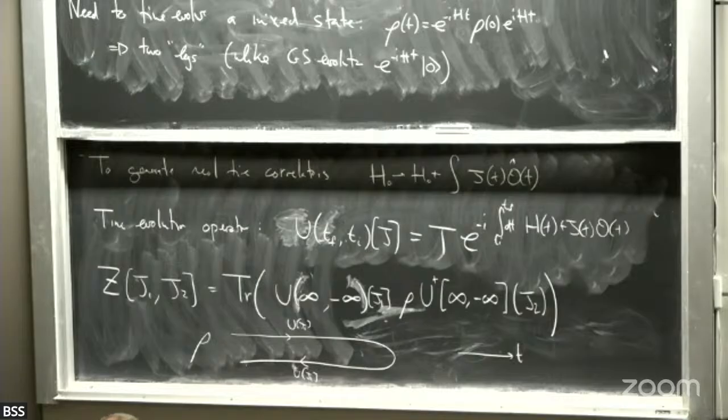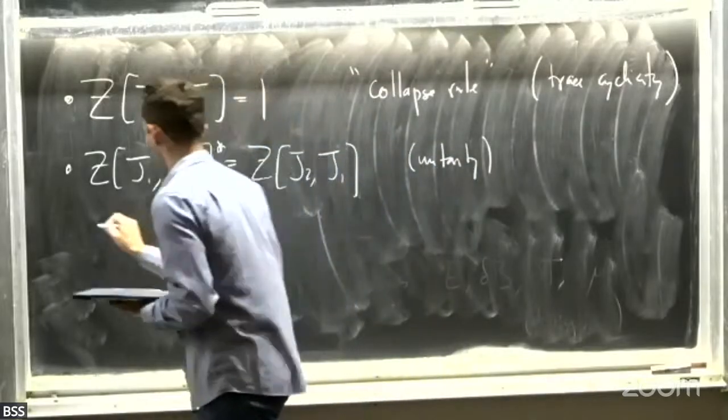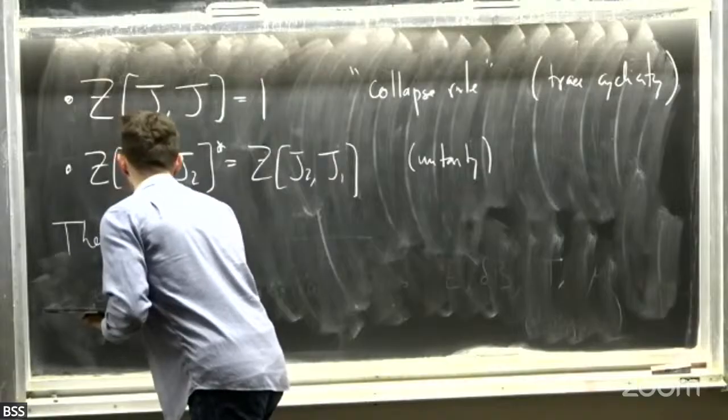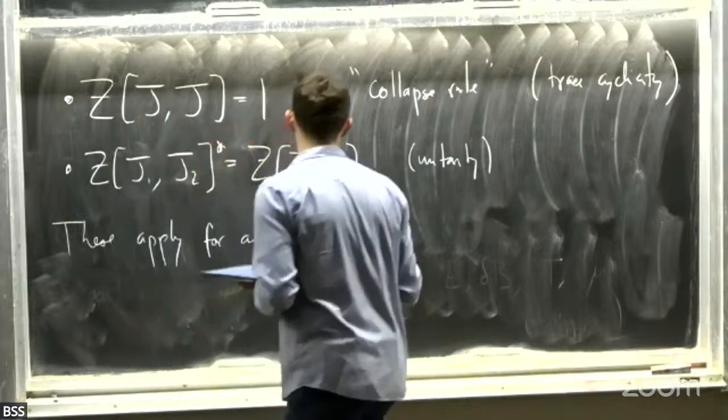There's another general property that it has. It's not a pure phase, but it has some simple reality condition, which is that if you take the complex conjugate of this, you're going to swap the two sources. You could say this comes from unitarity. Now, these two conditions are completely general. As Leo said, you could have used any density matrix. These apply for any rho, but we will be interested in